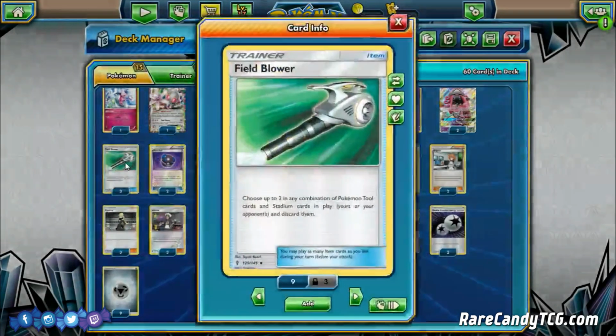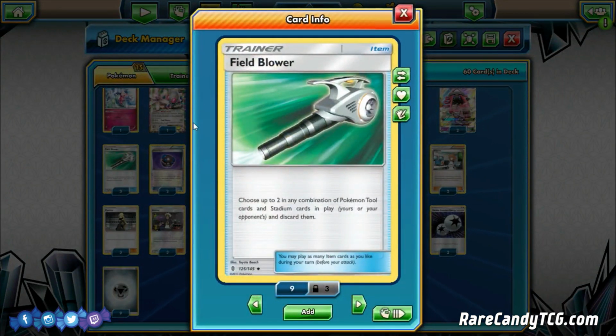And we're also playing a pretty thick count of Field Blower in this list to discard our opponent's tool cards and stadiums. So there's a couple decks in particular. Field Blower is especially good against Garbodor variants, which are going to be the big one. Shutting off our ability to use